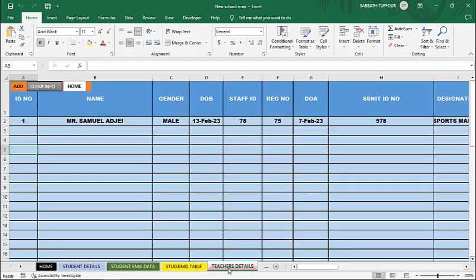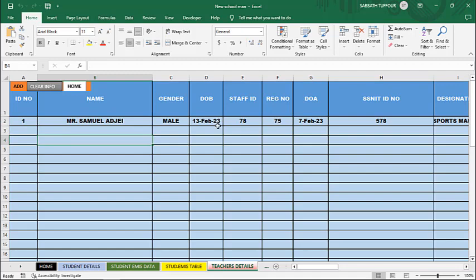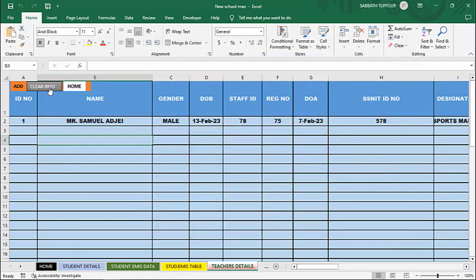Now let's go to the teachers details. Remember I entered this on the page 1. So these are the details of the teacher. You can click on add to add another teacher. You can clear info. You can click on this to go back to the home. We have already explained this one, so I wouldn't have to go through again. So this is the